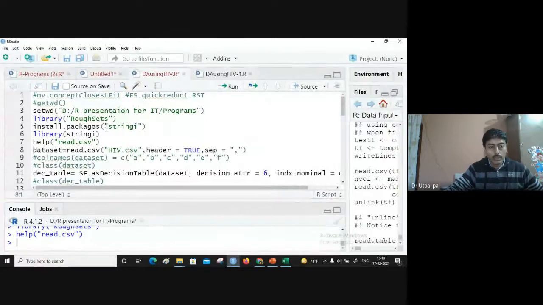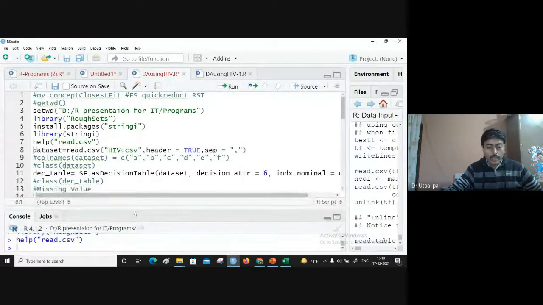Now let me execute this line and check if I can read this table in my program or not. Another thing is that I just forgot to mention these green lines. These are actually comments. In R, let me give a comment here.